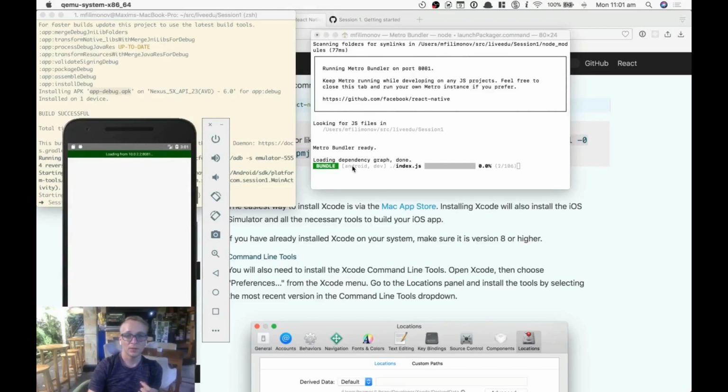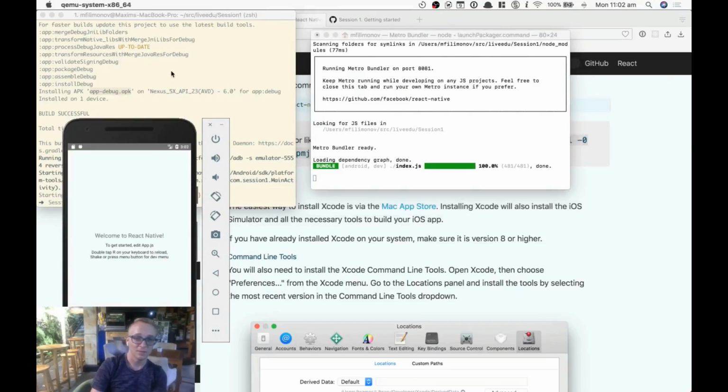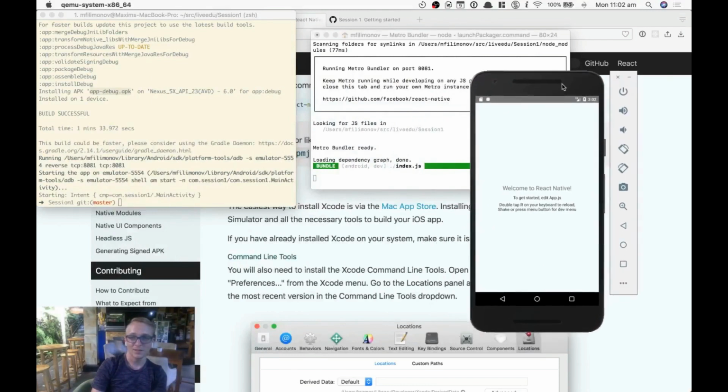And so when it does this loading up, you might notice that the packager starts doing something. Now this packager is loading up. So now packager takes the JavaScript and it actually bundles it, as they call it. So it's similar to the way Webpack works. It creates one gigantic JavaScript and it transpiles everything to a specific version of JavaScript which works on this version of the device. And when this progress bar, I was trying to not make it about progress bar, but okay. So we finally get this thing, which is not really exciting, but this is actual React Native app running on